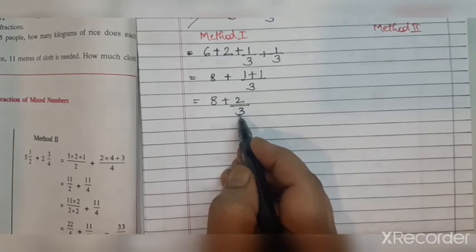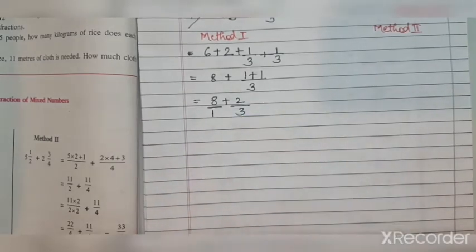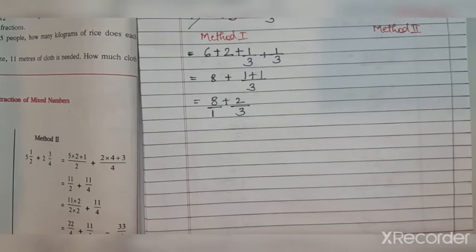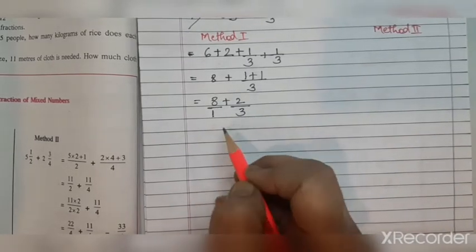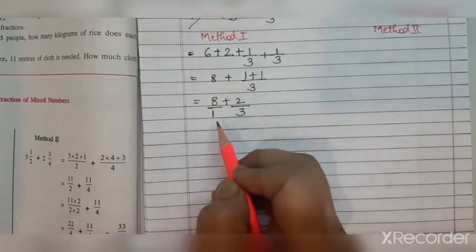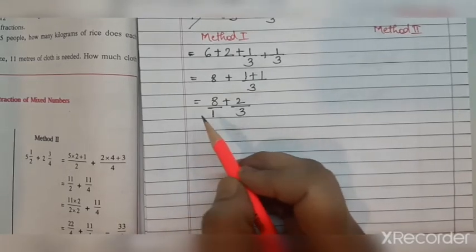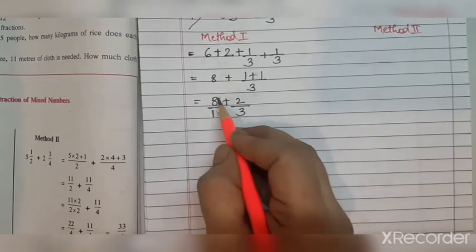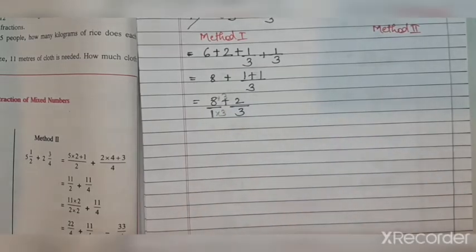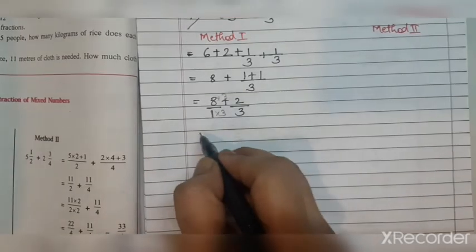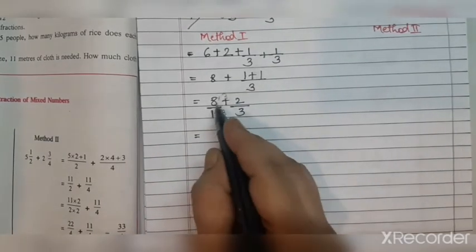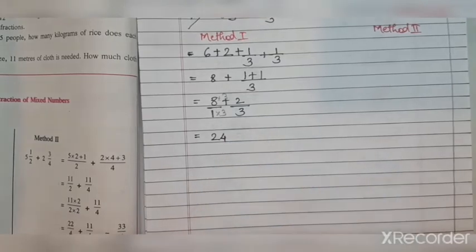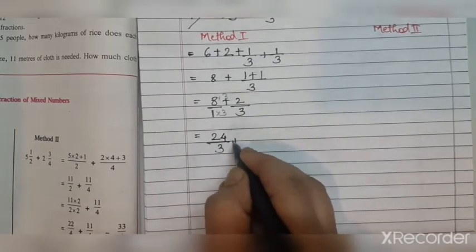The denominator, one place there is 3, other place there is nothing, where we have to put 1. Now here again we have to convert the denominators to the same number. Any one we have to convert. 3 we cannot convert to 1, but we can convert 1 to 3. So how will we convert this 1 to 3? Multiply by 3. 1 3s are 3. But whatever you do in the denominator, you have to do in the numerator also. So I multiply 3 in the numerator also. 8 3s are 24 upon 3 plus 2 upon 3.